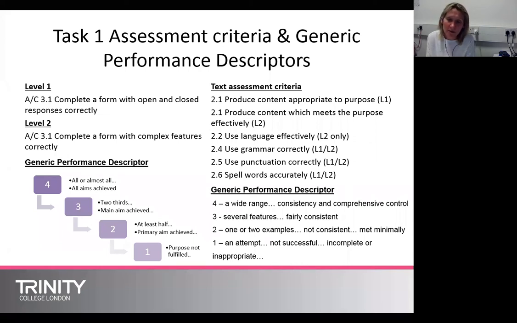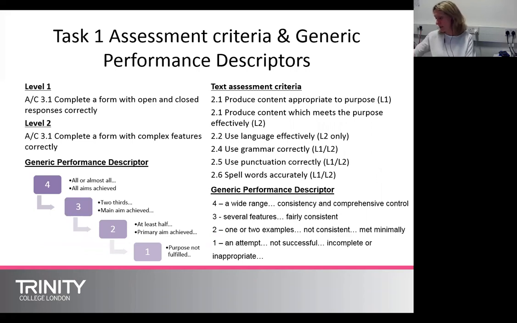Several features and used fairly consistently, 3 marks. 1 or 2 examples, they might not be used consistently, but the assessment criterion is met minimally, is achieved, 2 marks. If there is an attempt, not successful, might be incomplete or inappropriate, then 1 mark is awarded